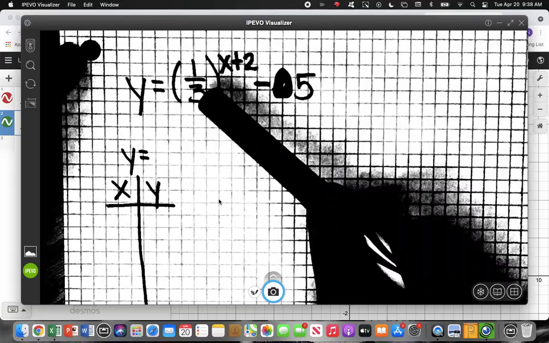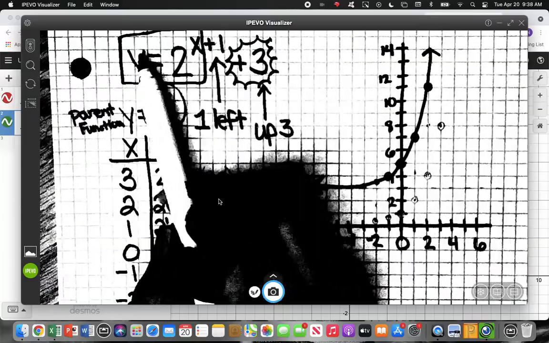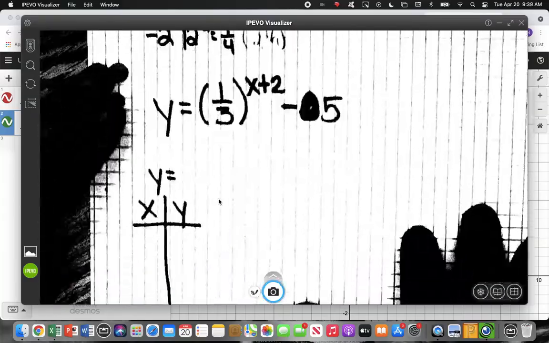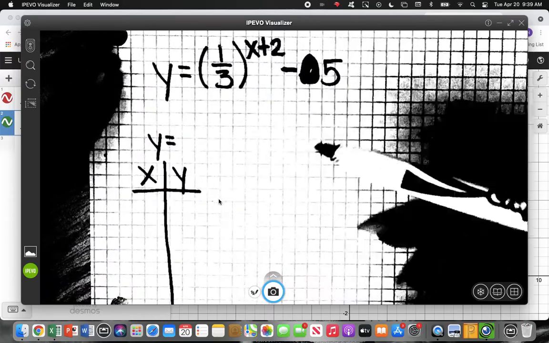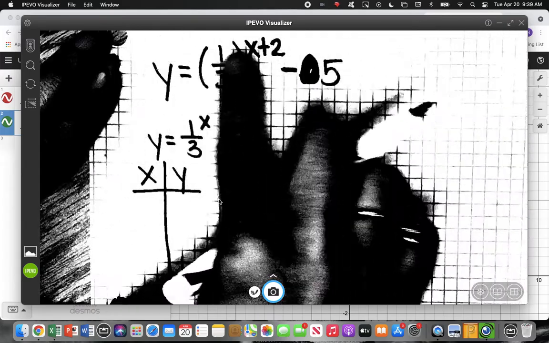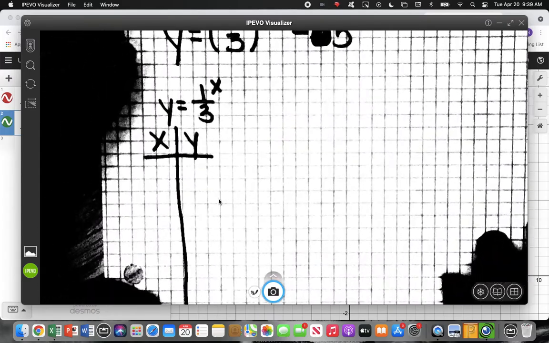What's the base? So like on that last example, our parent function was just the base and the power. The last one, our base was 2. What's our base on this one? Our base is 1/3 to the x. We'll deal with the +2 and the -5 in just a little bit. All right, so